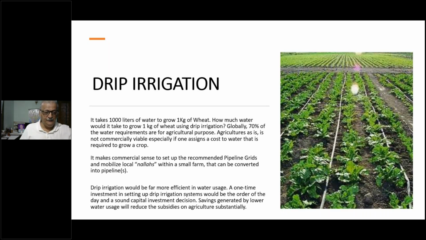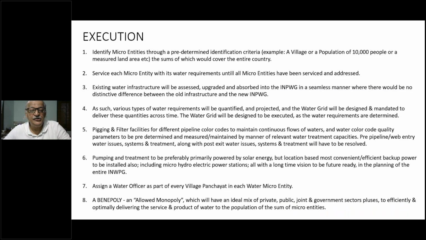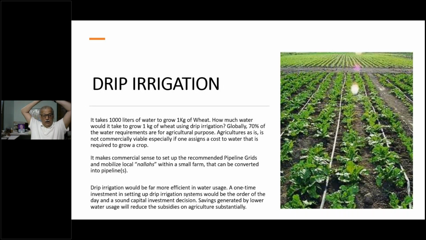crop. It makes sense to set up recommended pipeline grids and mobilize local nalas within a small farm that can be converted into pipelines. Drip irrigation would be far more efficient in water usage. A one-time investment in setting up these pipelines, plastic greenhouses, plastic drip irrigation systems, all this would utilize the installed capacities of crude petroleum, which are spread all across